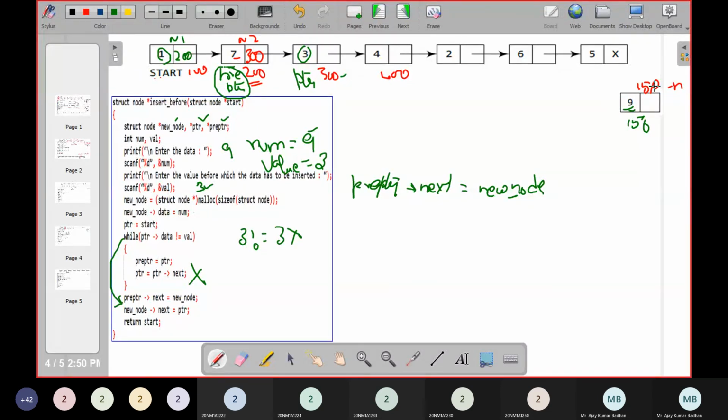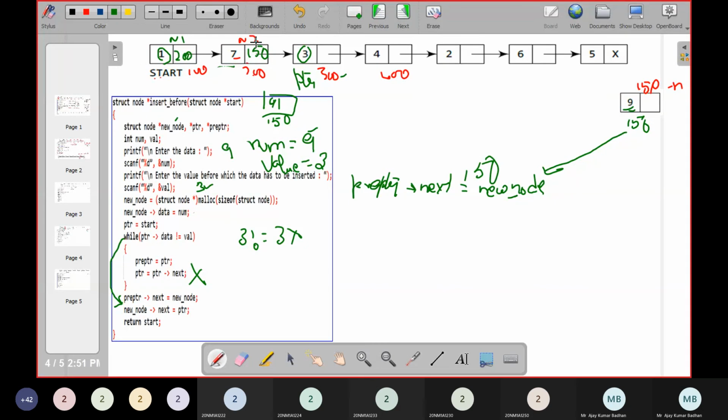This time the address here is 150. Means what exactly am I doing here? I got the place where I need to insert this particular node. So this is a node which has address 150. So 150 means from here, the link is forwarded to this. Now this is a new node and this chain is gone. Now this should be connected to this. How can I connect it? This is the new node, and in the next, I have to keep the address.